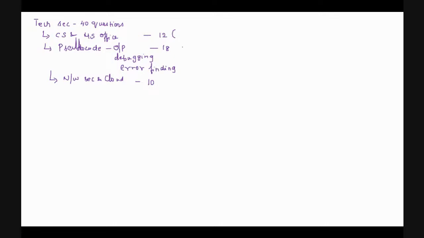And then comes pseudocode, which involves some logical thinking. You must look into the pseudocode part, and more or less it will be similar to that. Whoever is very strong in Python will find it very easy with pseudocode. Okay, so you have to understand the flow of your pseudocode and then work it out and find the answer for it.